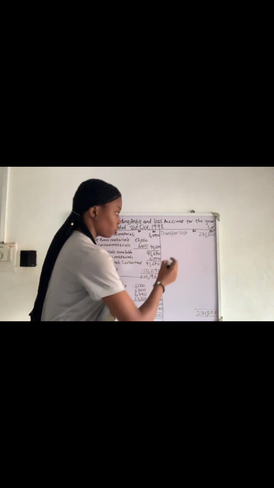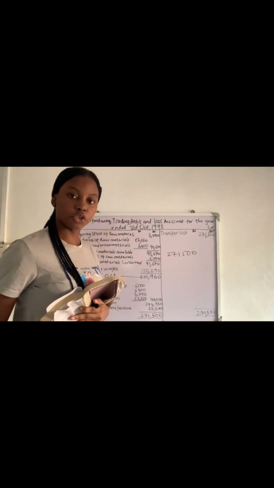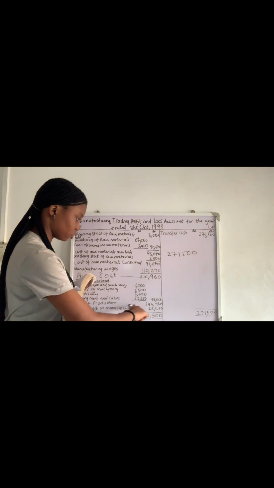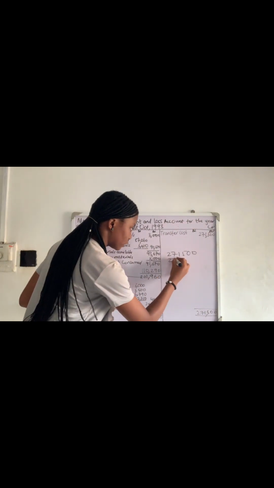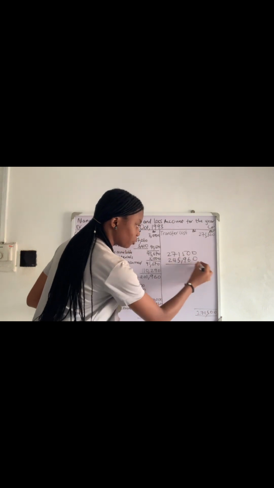So if it is to be sold for 271,500, you have to get the difference. It was produced for 245,960. So when you subtract it,